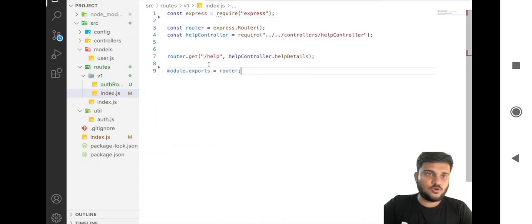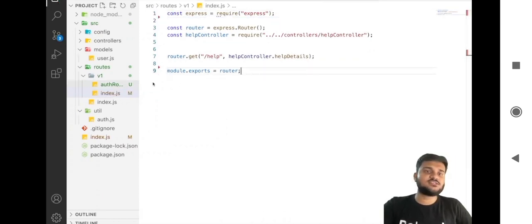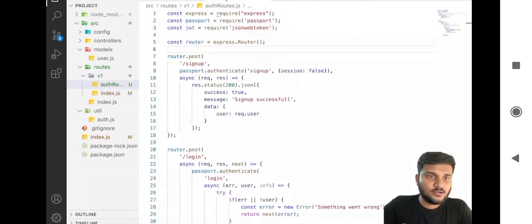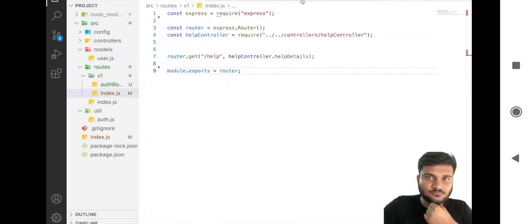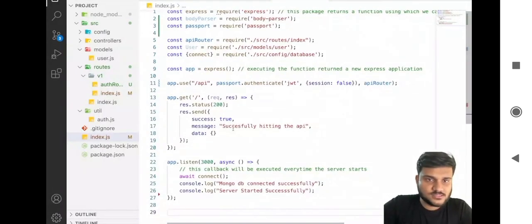Okay, so any route that is going to come to index.js is going to be authenticated, but not for this, right? And let's do one more thing. If we go to this,